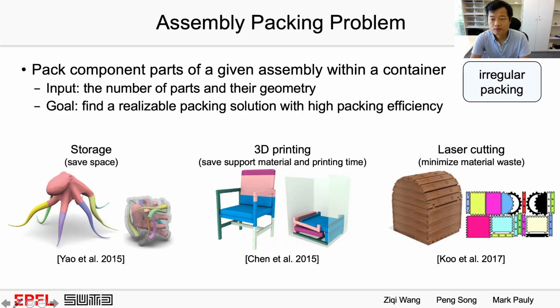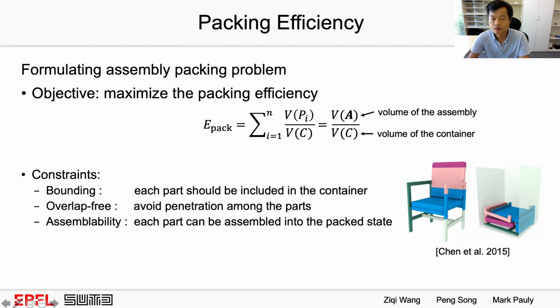The goal of assembly packing is to pack component parts of a given assembly within a container. Since parts usually have irregular shapes, assembly packing falls in the irregular packing problems. Assembly packing is useful not just in saving storage and transportation space, but also in improving manufacturing efficiency and minimizing waste of fabrication material. The objective of assembly packing is to maximize the packing efficiency, described by this formula, and